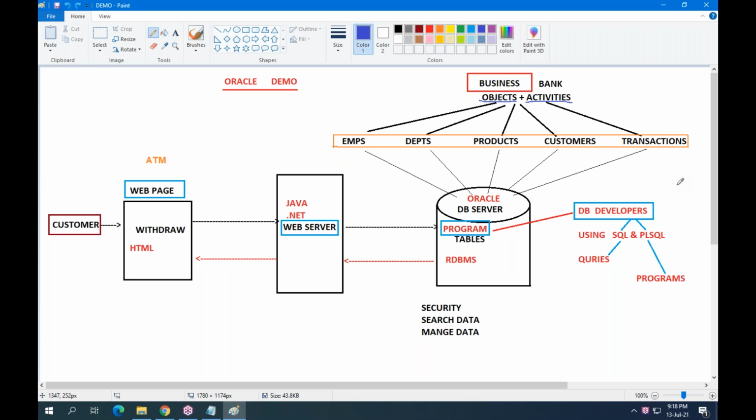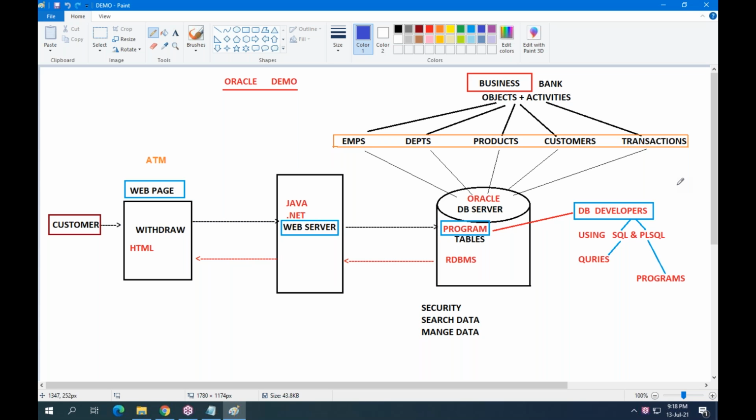Like in your company, 5 lakh employees are there, 500,000 employees. Related to employees, how much data do you have? 500,000 lines of data, 5 lakh lines of data, only related to employees.